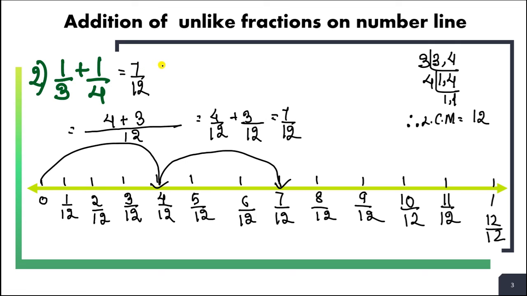This is our answer. In these addition of unlike fractions, we just need to do one thing: we need to first take out the LCM of the denominators, of however many fractions there are. Then, how we add fractions, the same we are going to do. We are going to convert them to like fractions, write the numerators over the common denominator, and then add as we usually add like fractions. This much we have to do.